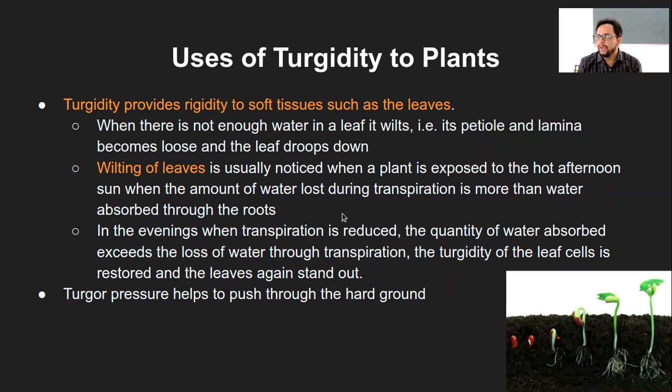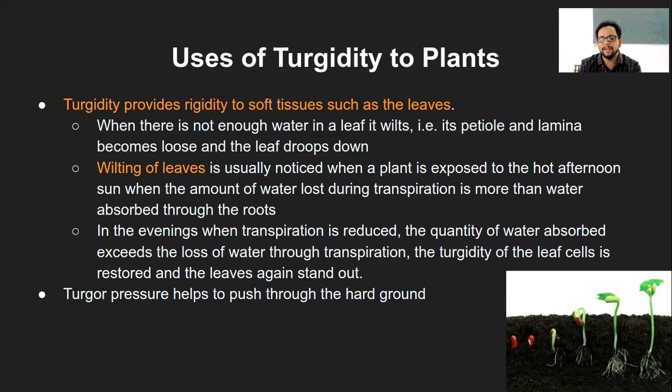So water is continuously getting absorbed by the root and there is always a water loss through transpiration. Now, if water loss through transpiration is more and the water absorbed by the roots is less, obviously the plant does not have sufficient water. And that is the phenomenon which usually happens in hot weather, and that ultimately leads to the wilting of the leaves. Now, there are other ways also in which this can happen.